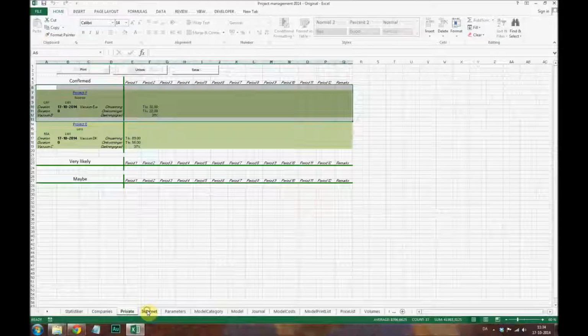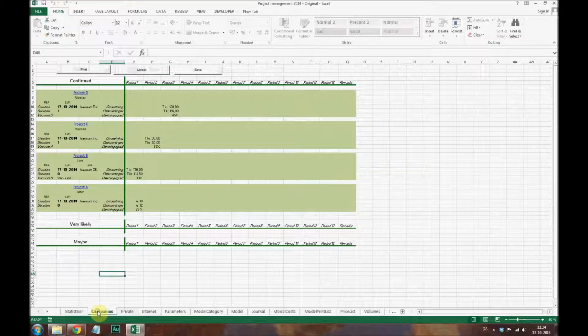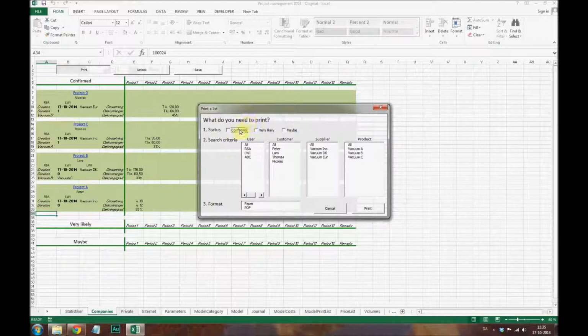You have this printing function on the category page. If you click print, you can generate a listing as a PDF or a paper. You can generate a listing with selection criteria. You can decide to print all the projects with a certain product in it or a certain customer, and it will show you the turnover and the gross margin realized. As an example,